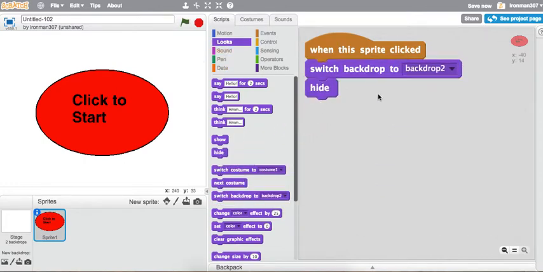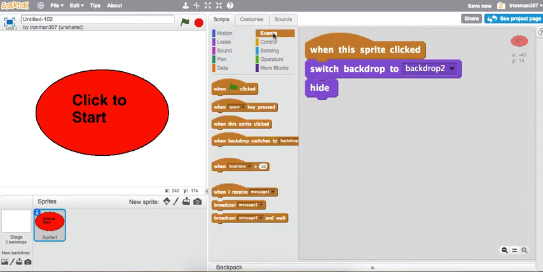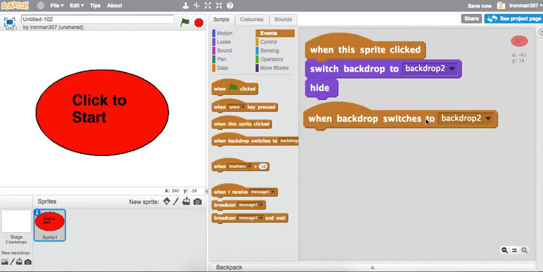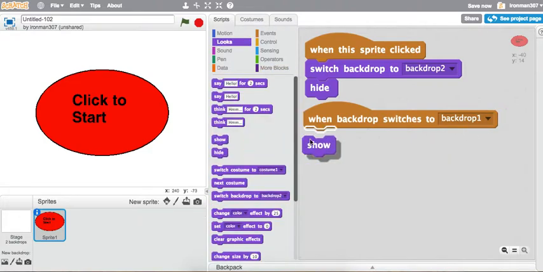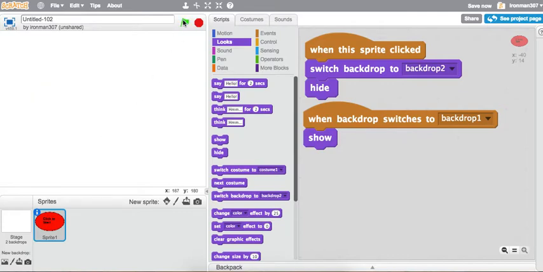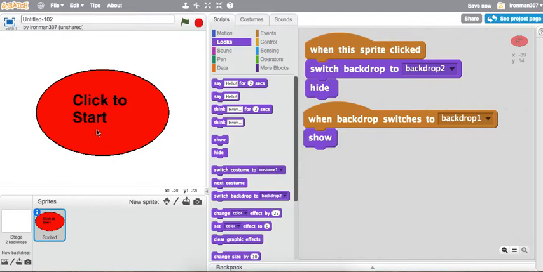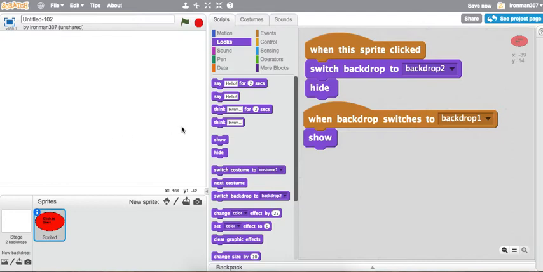Now if it's hiding, we also need to tell it to show up. So I'm going to go to events, when backdrop switches to backdrop 1, we need to go looks, show. So it should be there, and now it's gone. Click the flag, it should show up, and now it's gone. So that's working. Next, if this is going to be a drawing app, we need to grab a sprite that